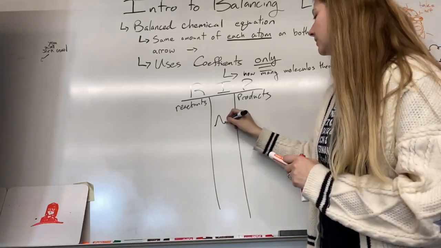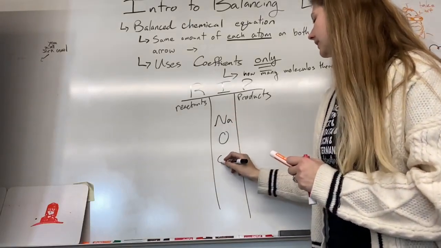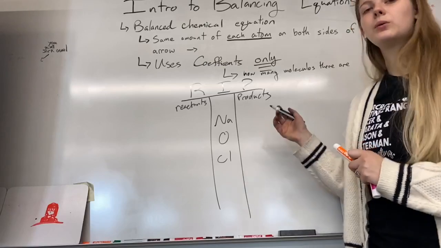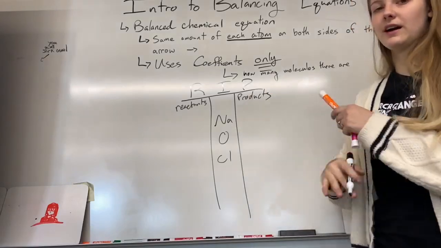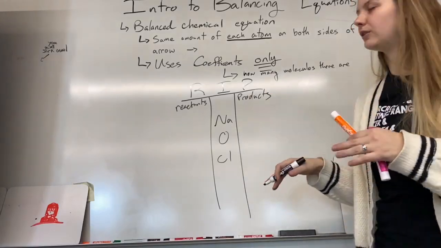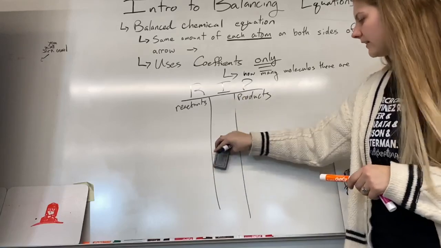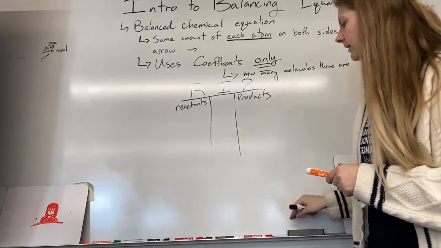This would be like sodium, oxygen, chlorine. Notice how there's no numbers in the front or on the bottom here. We're just writing down the element. We're not writing down a formula or a molecule, just an atom. Now we can use this to help us identify how many of each atom we have on both sides of